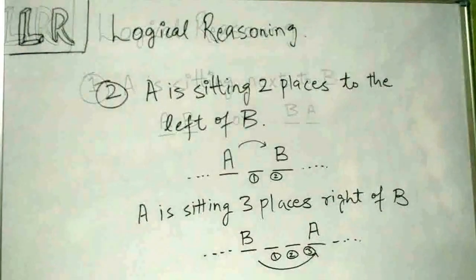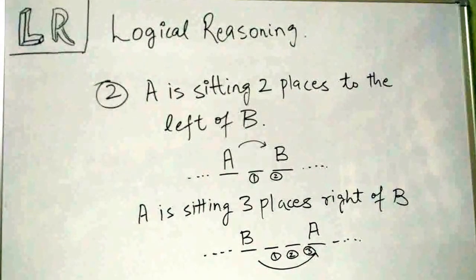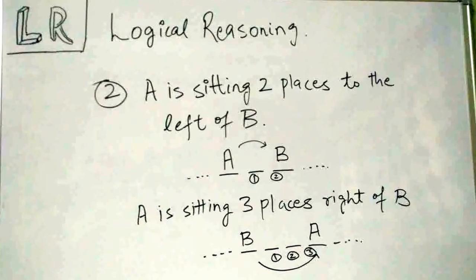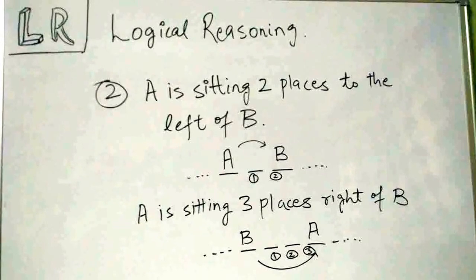Alright. So next is when we say that A is sitting two places to the left of B. Now we have actually classified that A is on the left side of B and it is placed two places to the left. As you can see in the image, we have drawn A dash B, which signifies that A is sitting two places to the left of B. Now in these questions, we always assume one particular direction, so it's better to assume the direction upwards so that you can easily manage left and right.